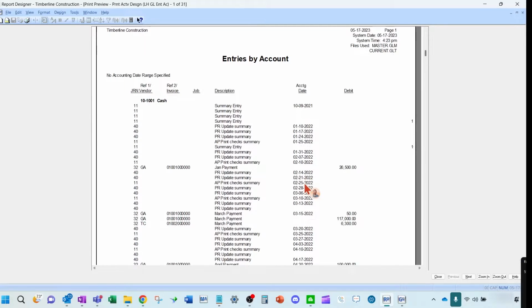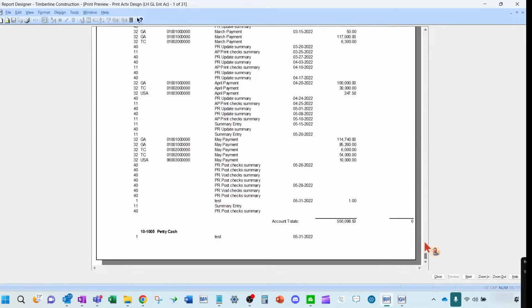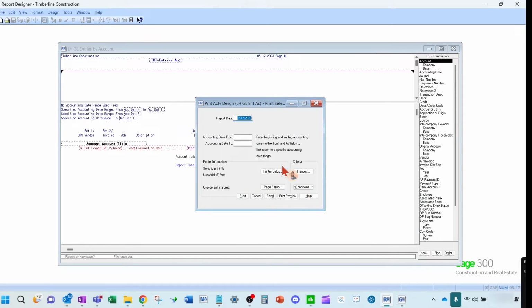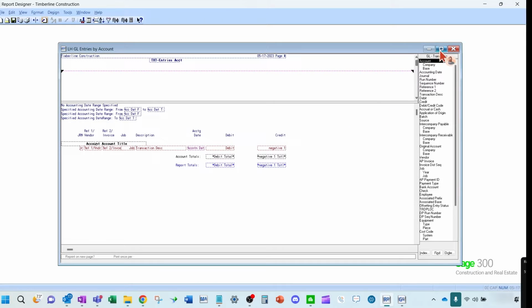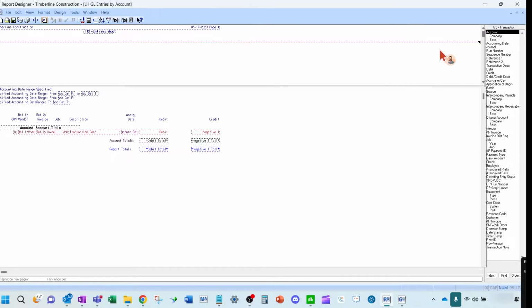So this is not the best example for it because it kind of makes the report hard to read, but you can see how that's going to show you here. These are all the transactions for 5/20 and they all happen on the same date there. Okay. Let's close that up. I always like to maximize my screen so that I can see the entire screen.